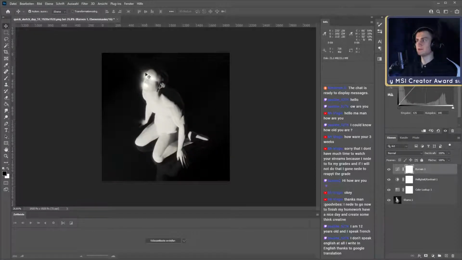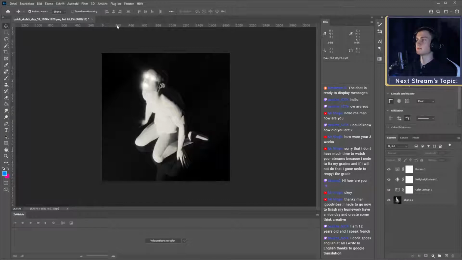I also wanted to keep these light cones coming from his eyes. I think that's the best we can hope for with what we got. I think we would have had to increase the density of the volume a little bit to get stronger light cones. So that's probably the best we can get out of this.